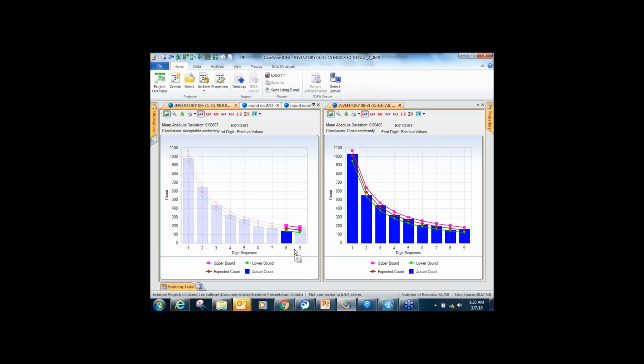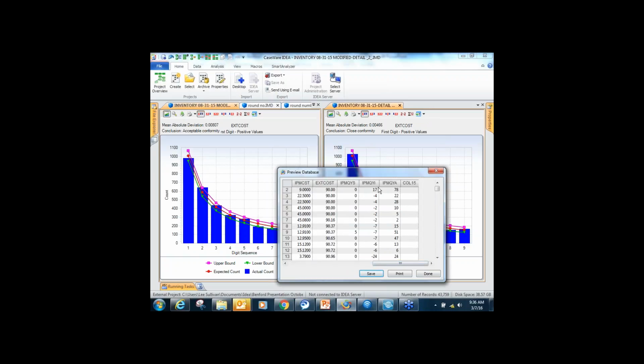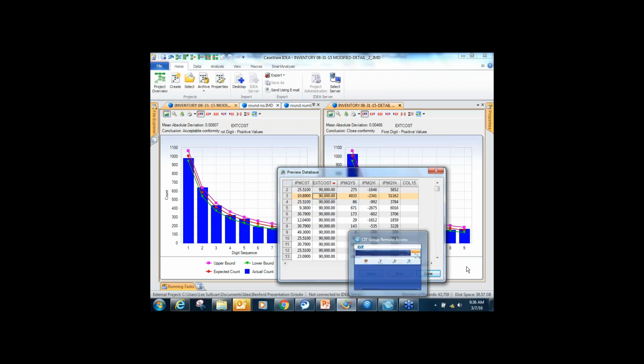So what you would do is test what's overrepresented. What I typically do is double click and display records. So it gives me this. And then I compute extended cost as quantity times cost. I say, whoa, a lot of round numbers. Something's wrong. And so you can either save it like this,